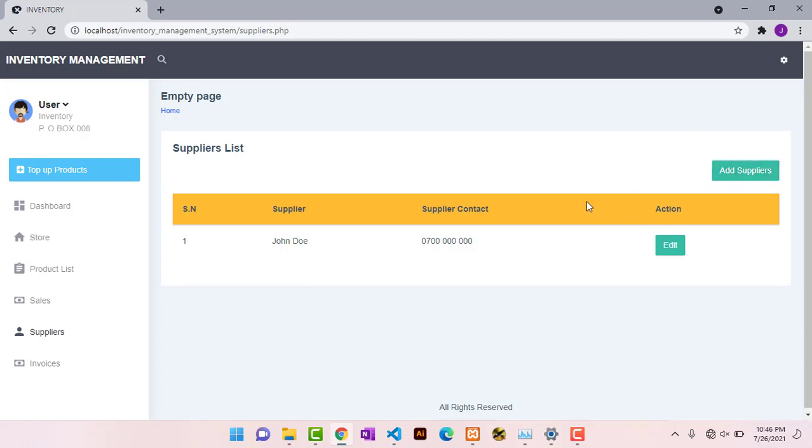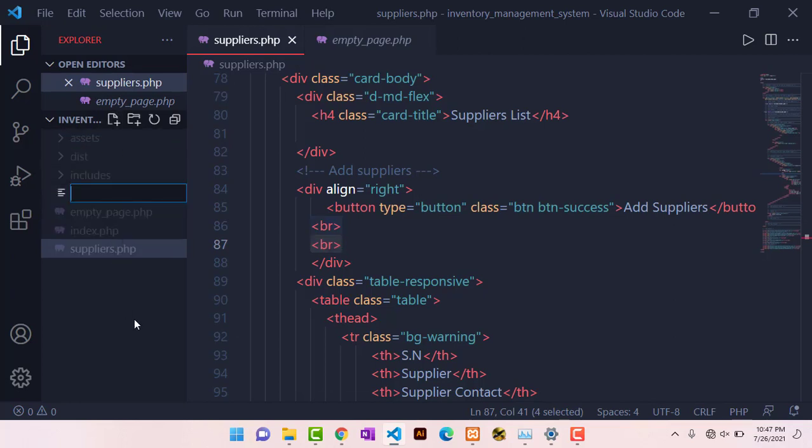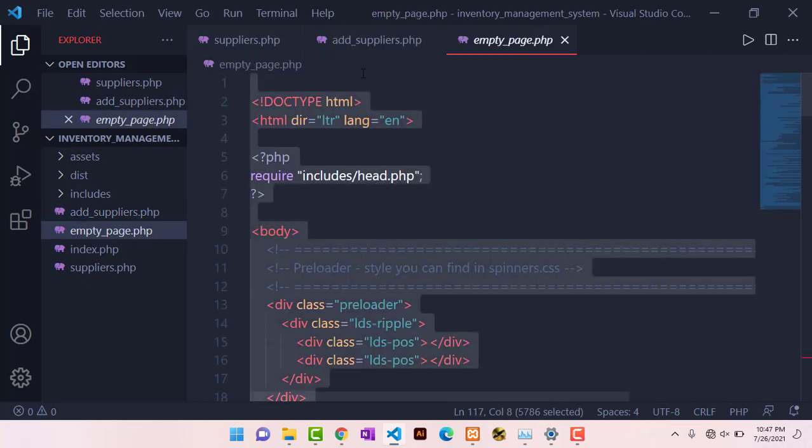Alright, so now that we have the table that will be showcasing or displaying the suppliers, we now need to create the form that will be used to add the suppliers, and that's what we are doing next. So I head on to the text editor, that is the Visual Studio here. Within the same project folder, I create another file, and I call it suppliers.php. And so I'll just come and pick my template here, add it here,